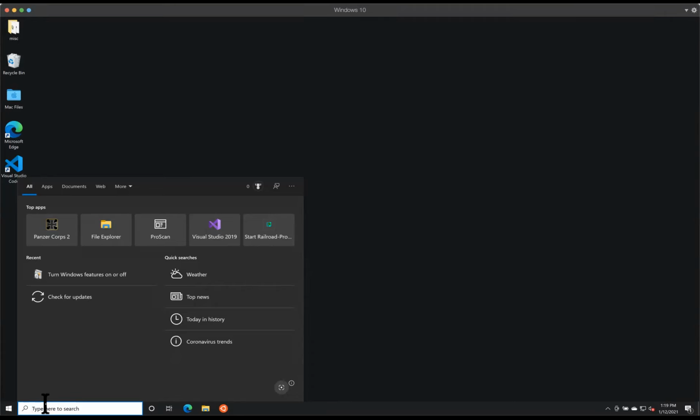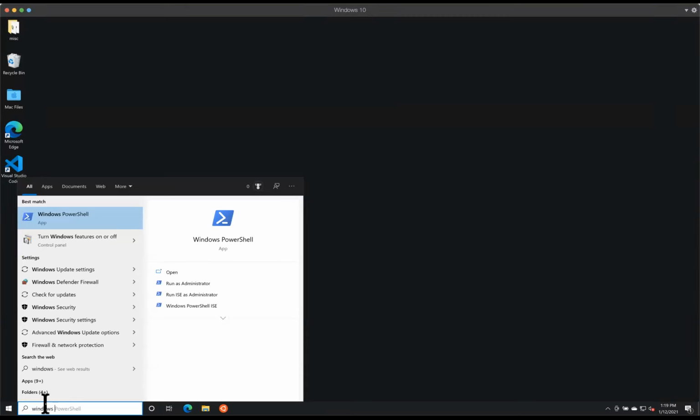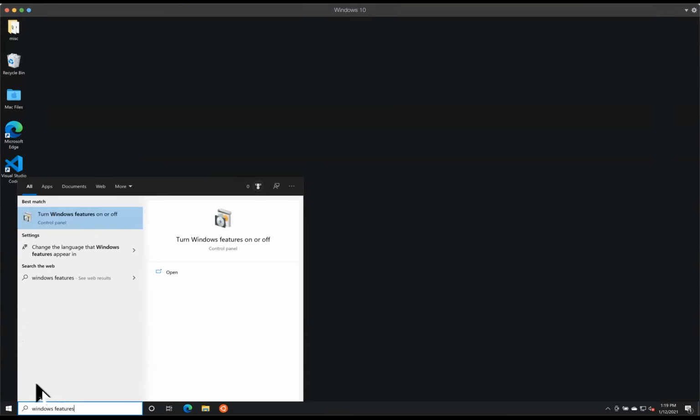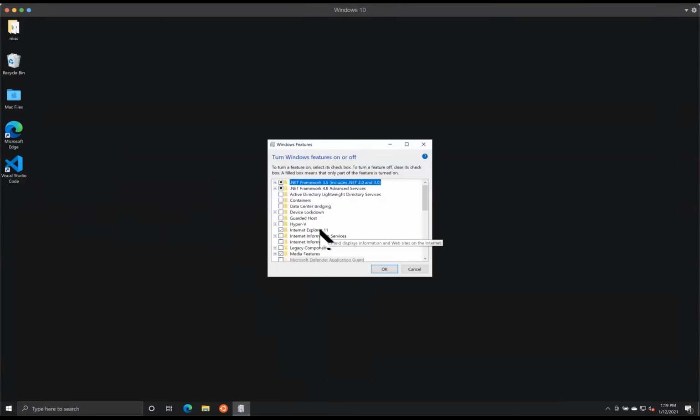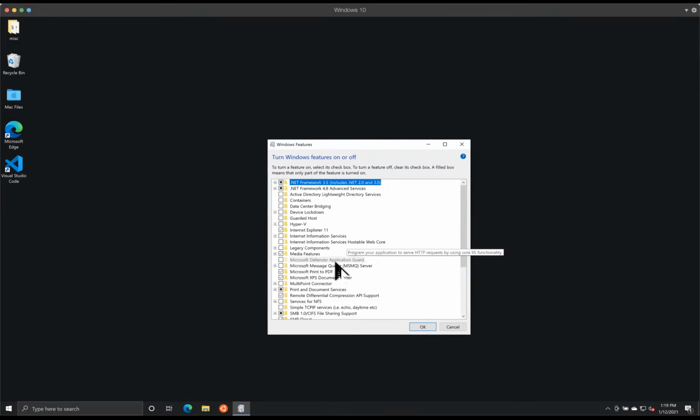useful. So anyway, go down here and type in Windows features, and the first thing up there is turn Windows features on and off. Click on that, and this is why it's difficult to find. This is the old-fashioned, pre-Windows 10 version of settings. And way at the bottom,